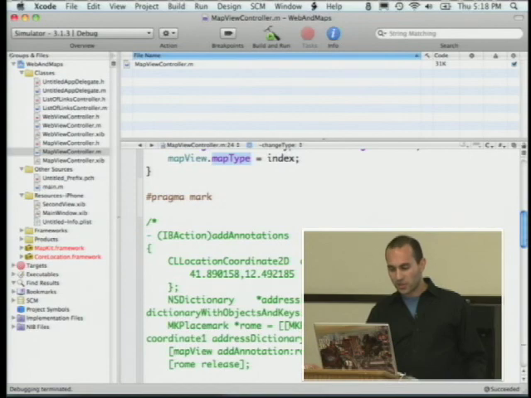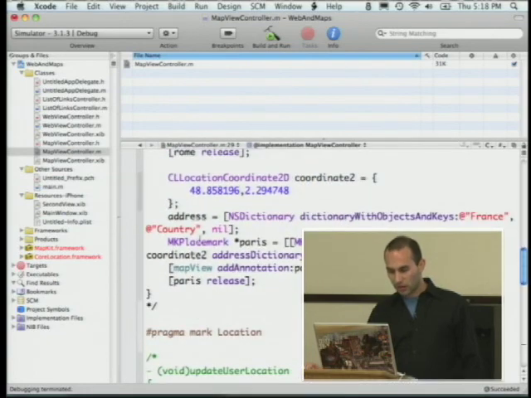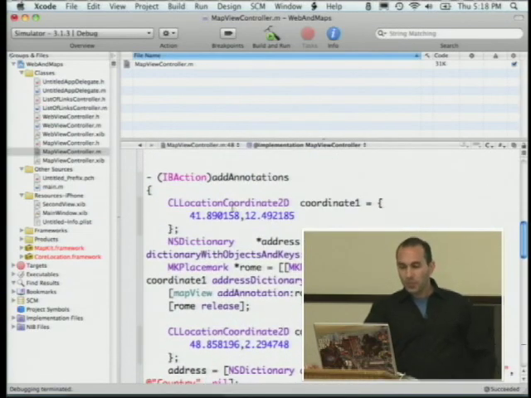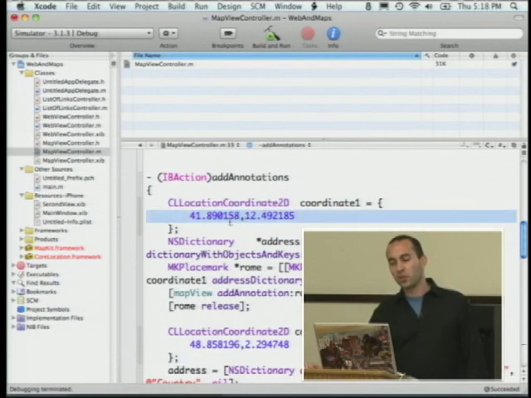Again, I went ahead and did this ahead of time. I'm going to add a new action, which is the addAnnotations action. Let's get rid of this commenting. So what am I doing here? Well, I got these off Google. I didn't just guess. This is a coordinate for a spot in